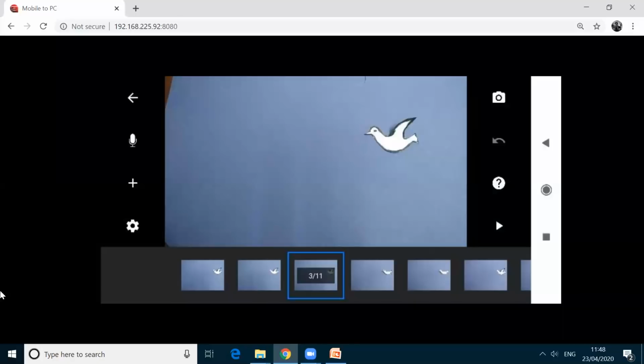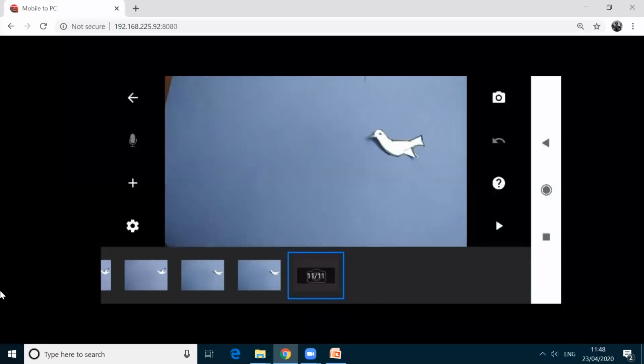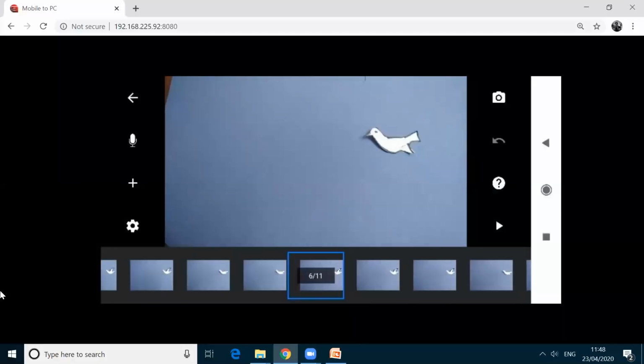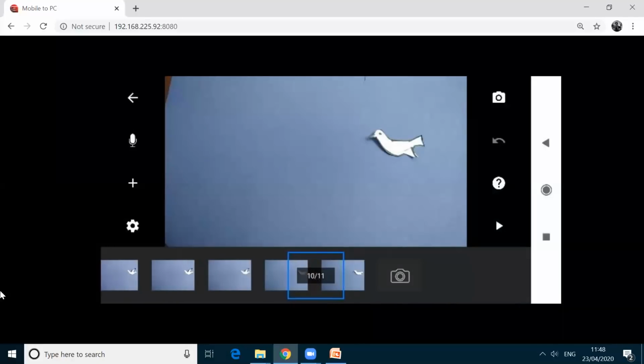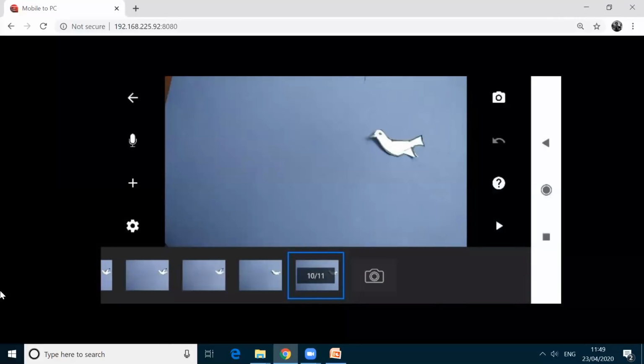Again, if you want to add some more photo in this file, you can move this here. I'm moving this here. This one is the last frame. And then after that, I'm moving this one slider here. Now I'm clicking this icon to make this bird fly from here to the end, right?